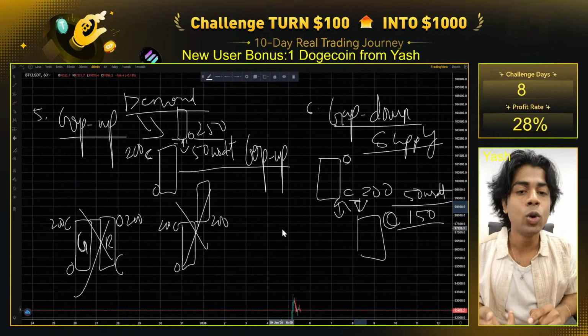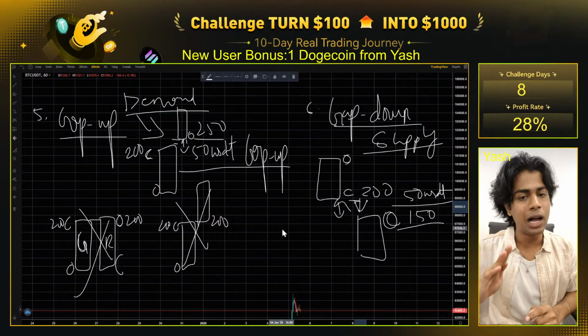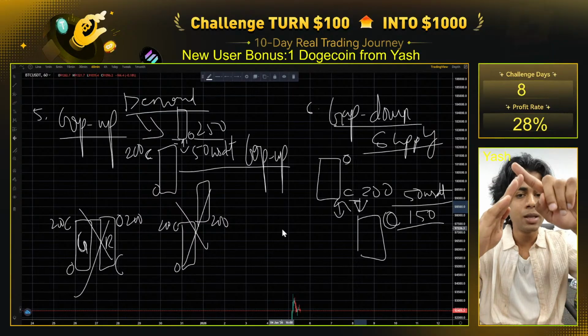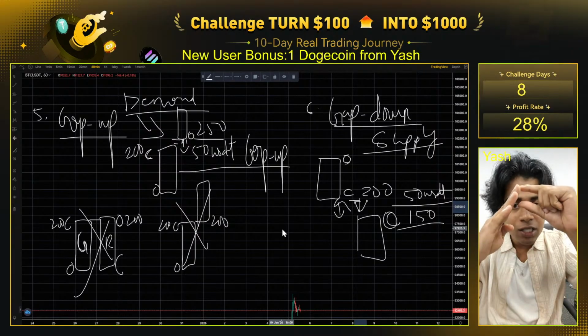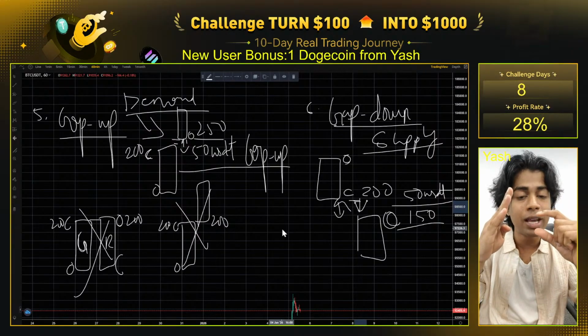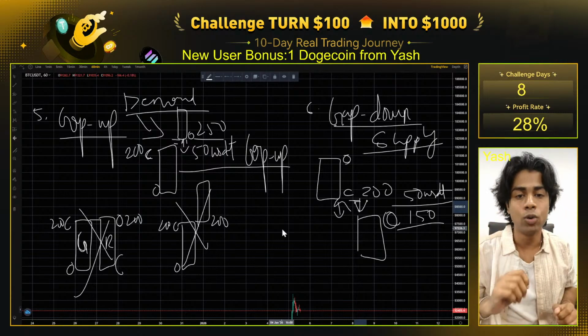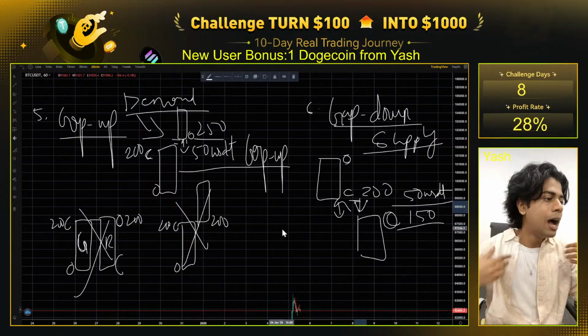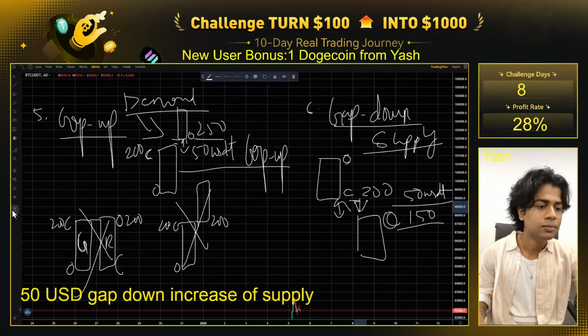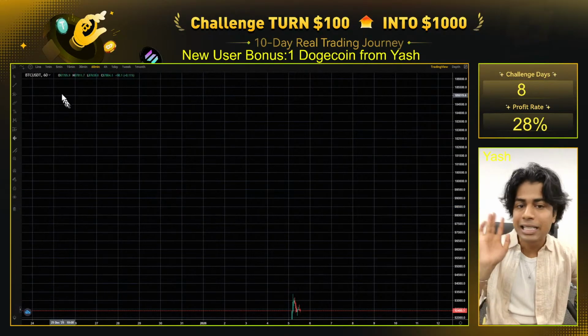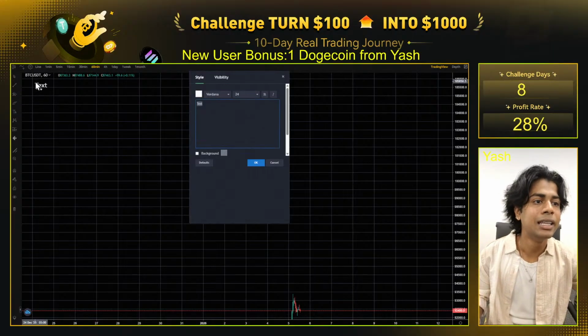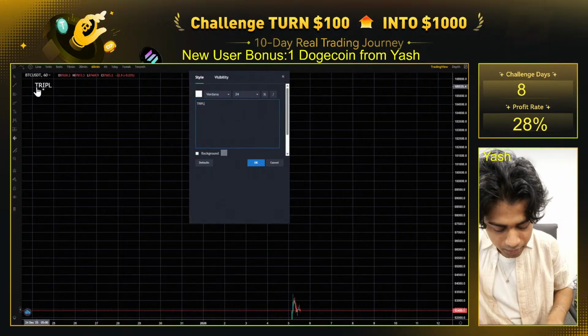Plus gap down opening. For example, the market is going up, up, up, up. Buyers are pushing the market up, and from this point there is a small gap down opening which we can see. It will change the direction from up and it will start falling down. Understood? Simple. After this, all six of your concepts are clear. Now let's understand the triple candlestick pattern.